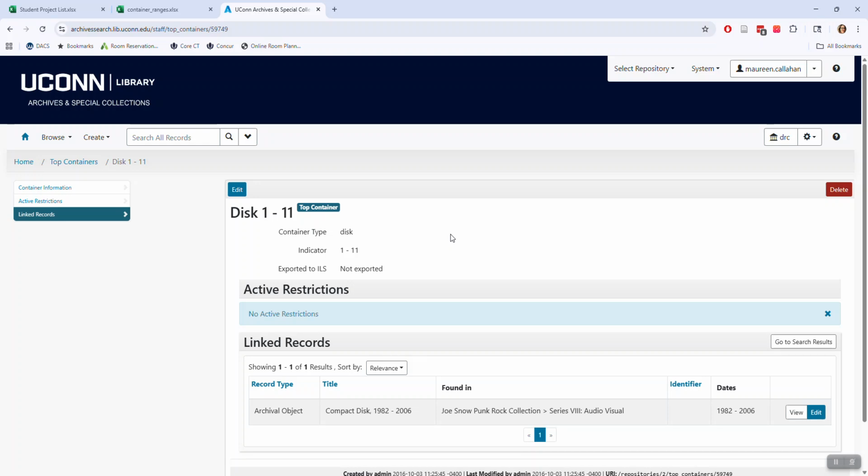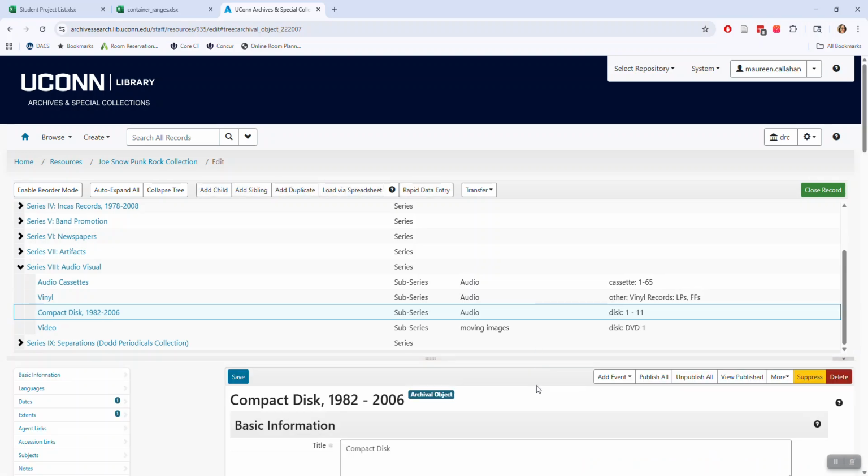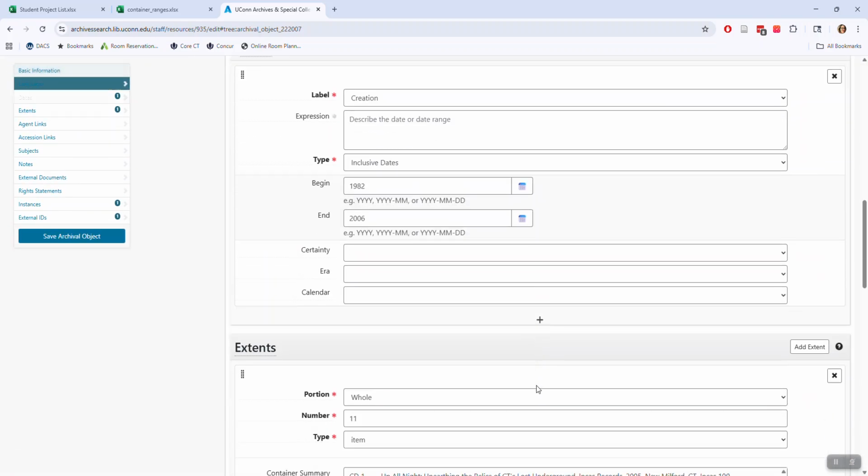So in order for our inventory project to work, we need every container to be its own top container record. So in this case, we need top container records for disk 1, disk 2, disk 3, etc., all the way to 11. So the way I'm going to do this is first I'm going to make a note of the container type, and I'm going to make a note of the range, so I know that I need to make disk 1 through disk 11. And then I'm going to go down here to these linked records, and that's where I'm going to make the top containers. So I'm going to click on Edit here, and I'm going to scroll down to where I see